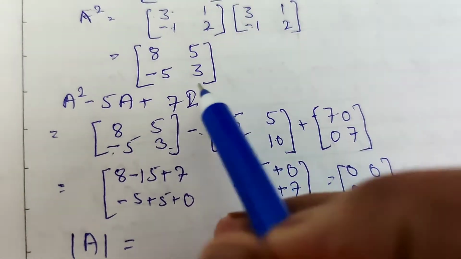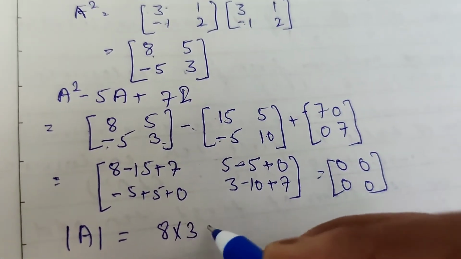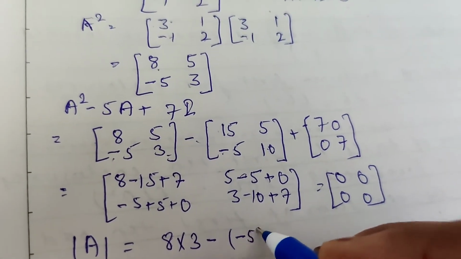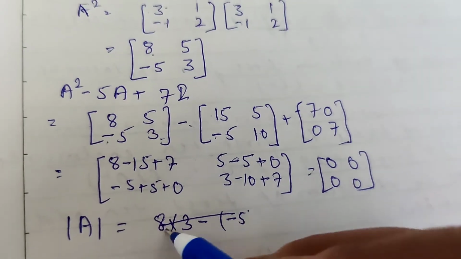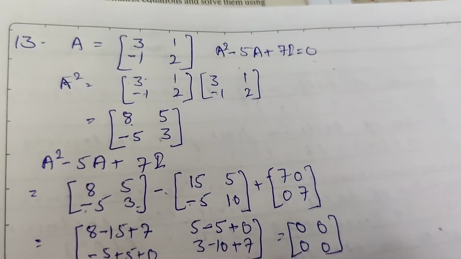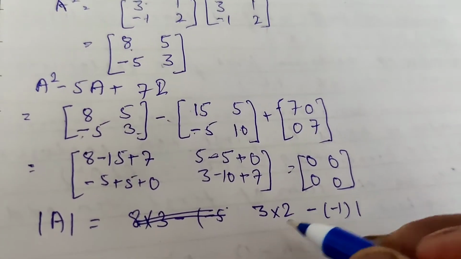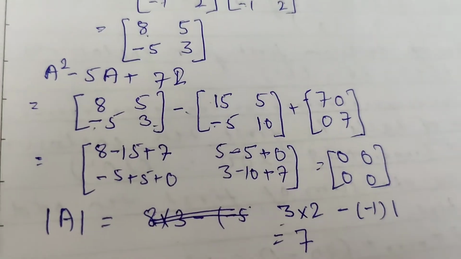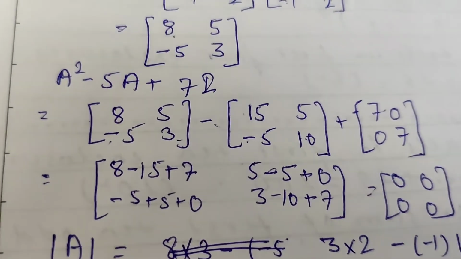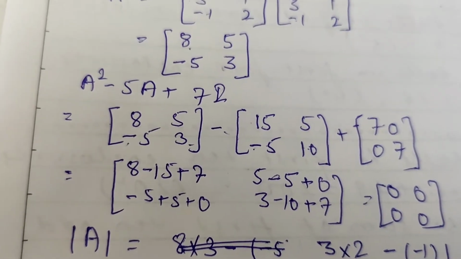The determinant of A is 8 into 3 minus 3 into 2, minus 1 into 1. 3 into 6 plus 1, it is 7. Determinant A equal to 7. Now the next, A inverse equal to